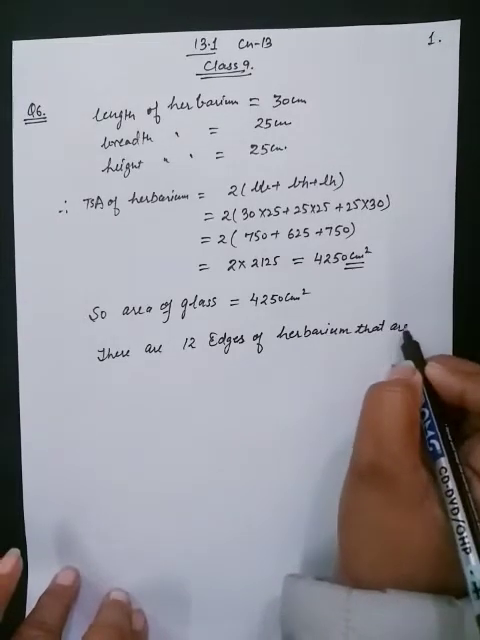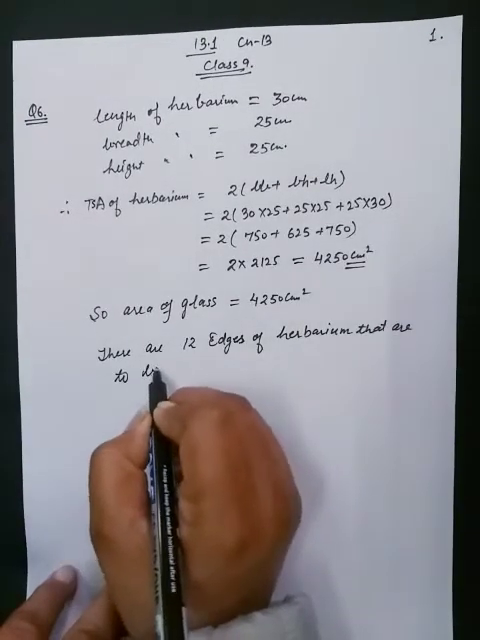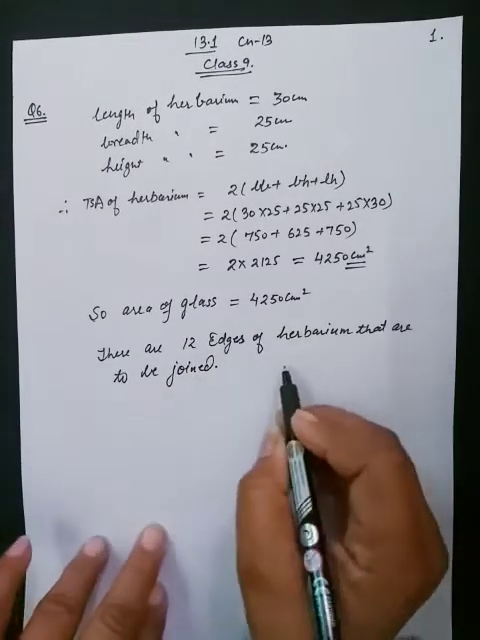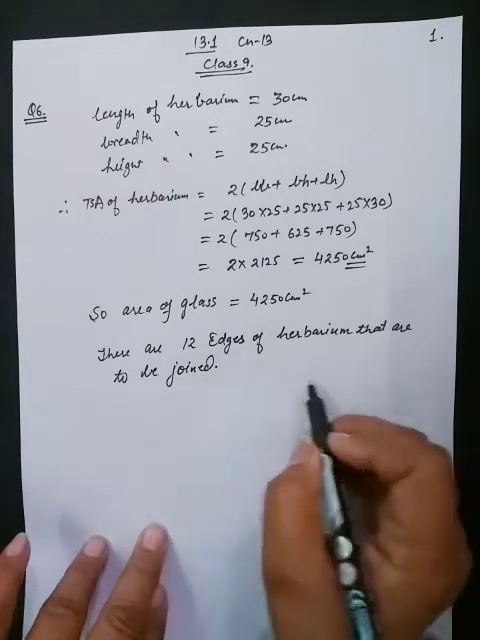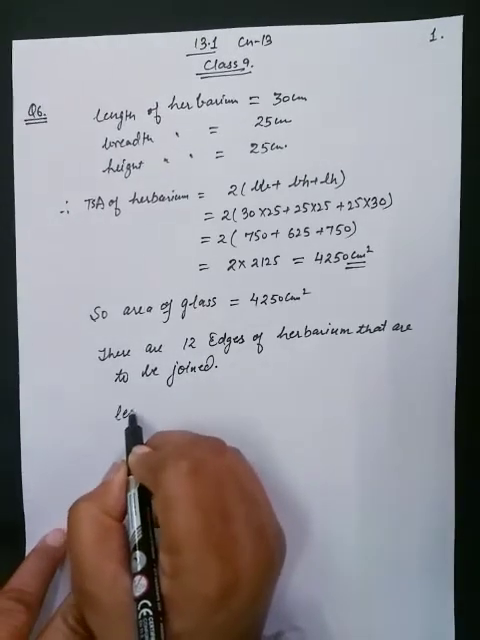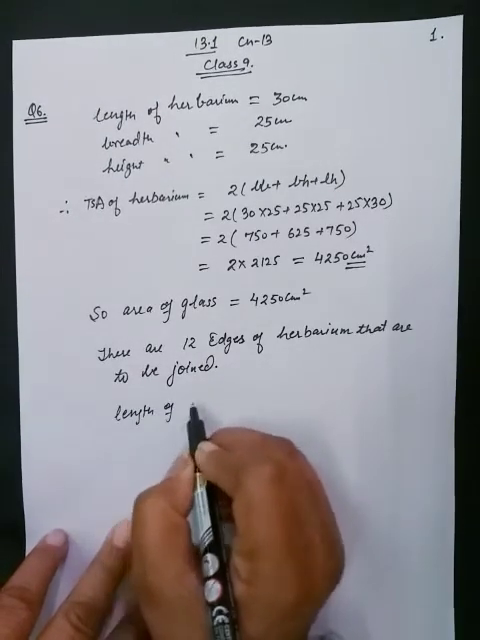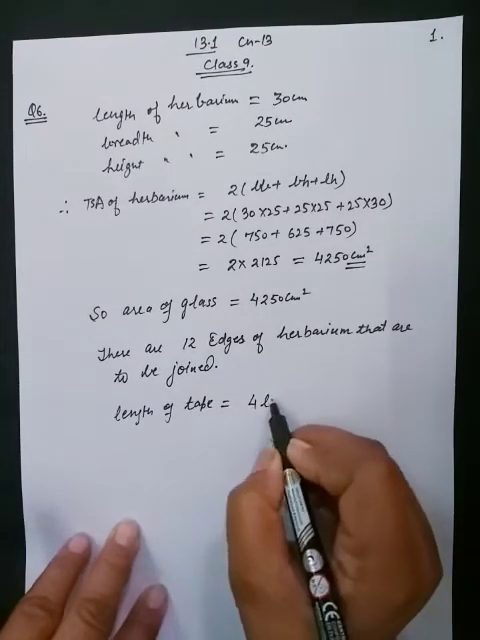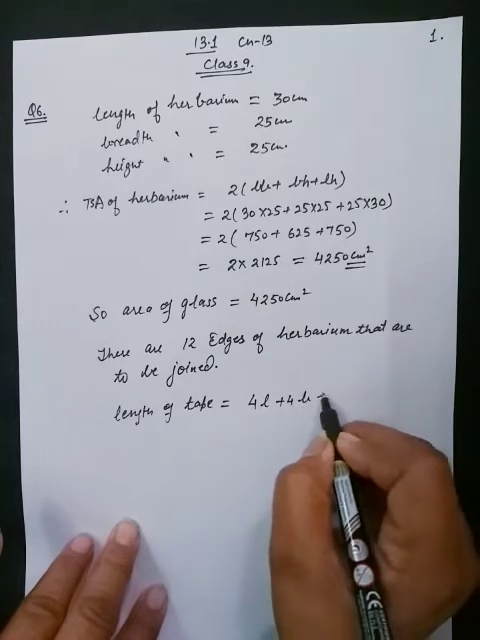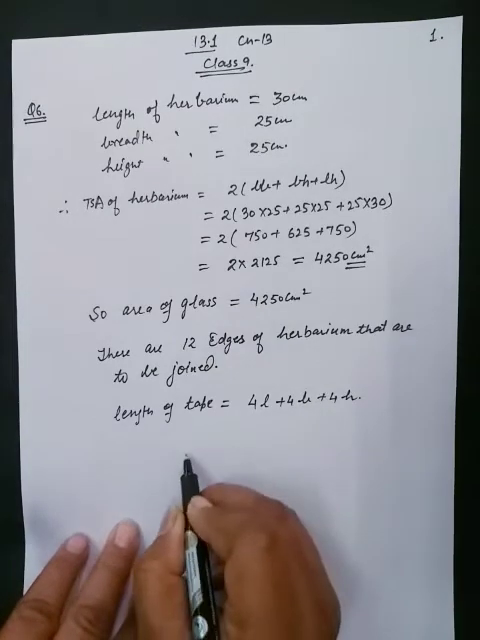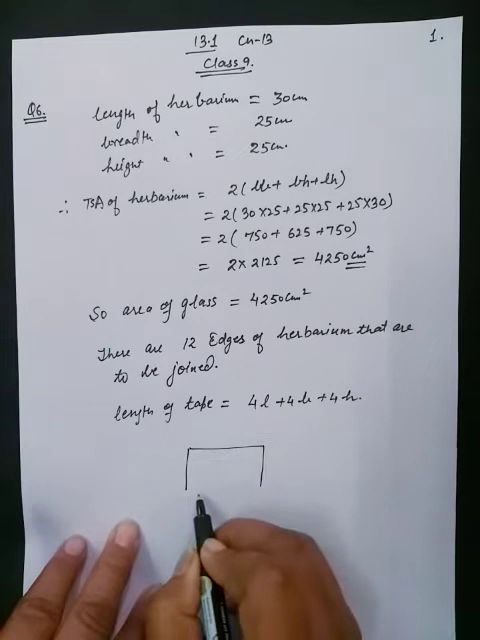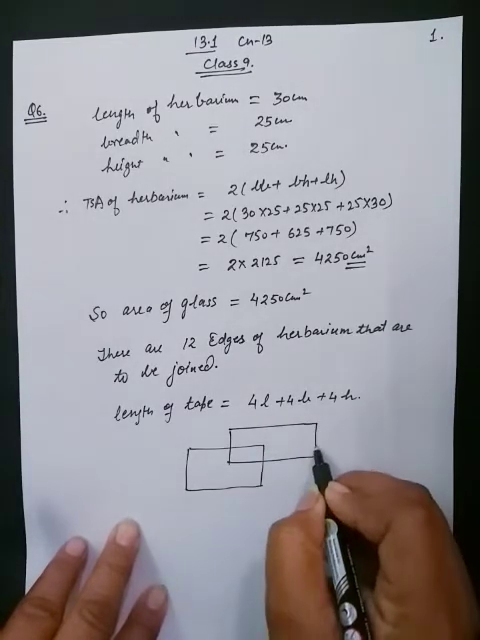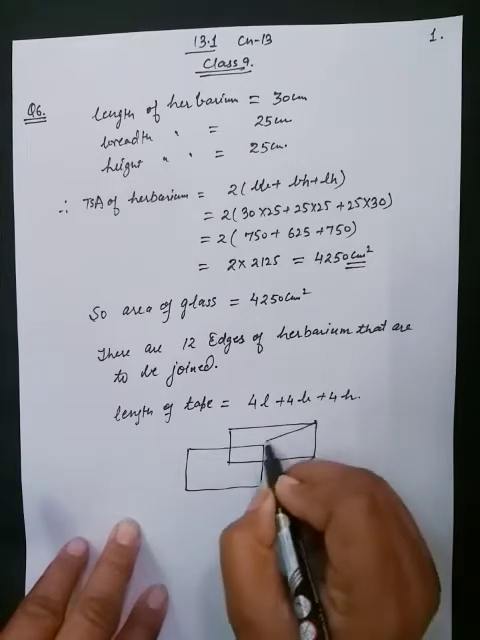That are to be joined. So it means we need the length of tape for 12 edges. So length of tape will be equal to 4 into length plus 4 into breadth plus 4 into height, because we can understand it from the diagram given below. Here